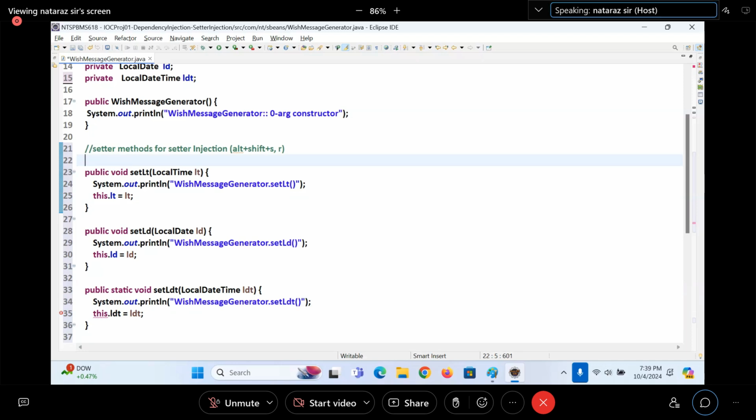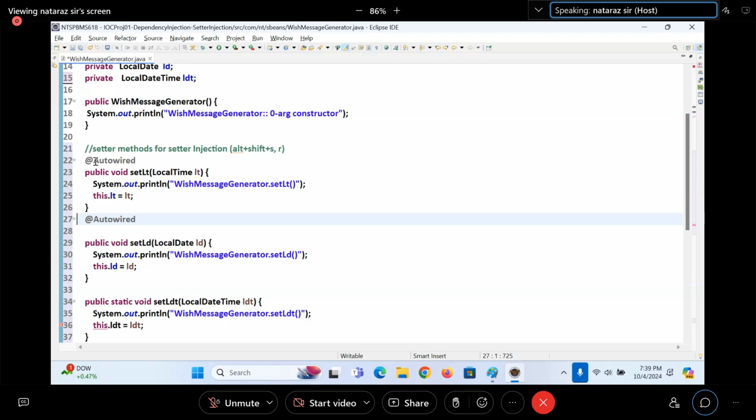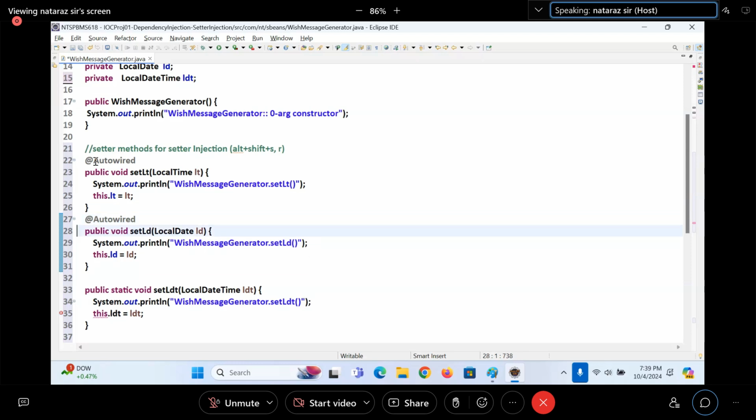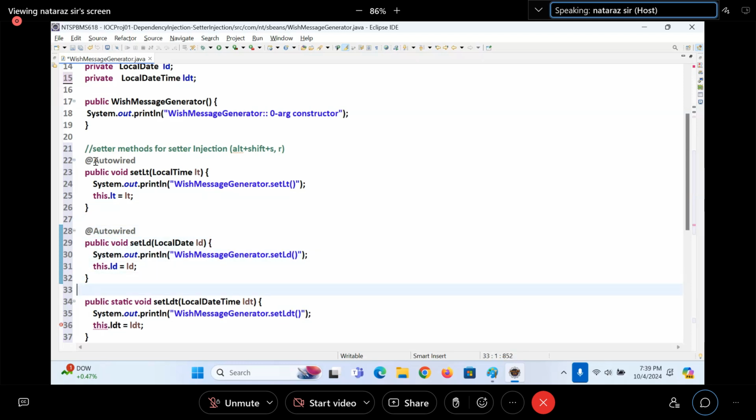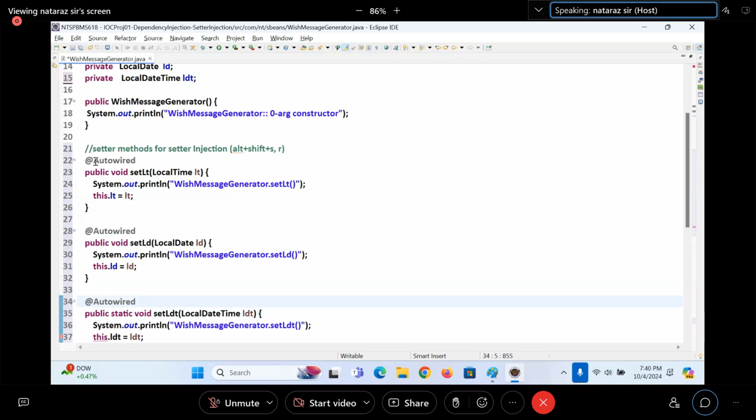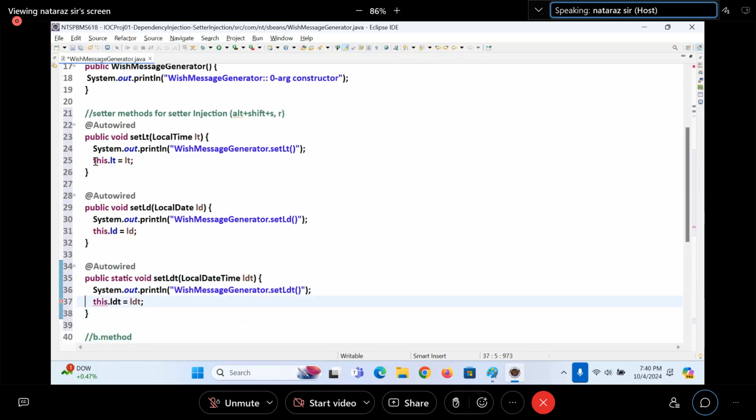Here is my @Autowired. Done, boss. @Autowired on each setter method.